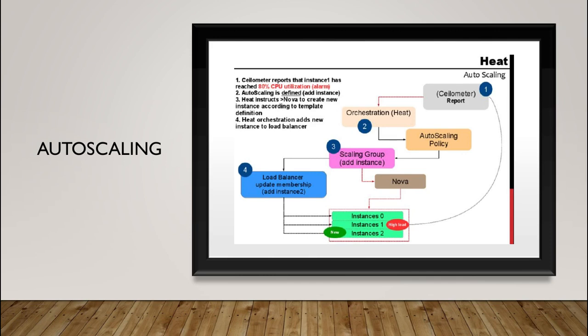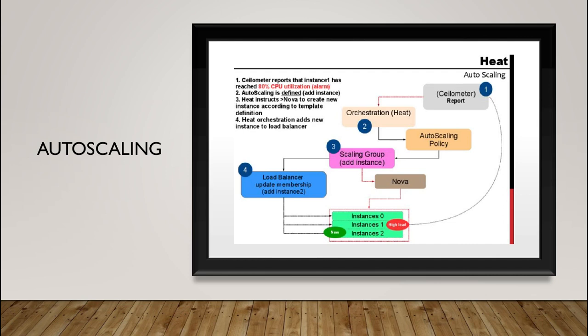Then moving to the next topic, that's called auto scaling. This is a very important part of your cloud orchestration service. This is the part where you have automation built into your OpenStack. Suppose you configure Ceilometer with some alarm triggering. It will constantly monitor your resources, and if it sees that a particular resource has crossed above the threshold you have set, it goes and informs your orchestration service, Heat. Then Heat looks into its auto scaling policy.